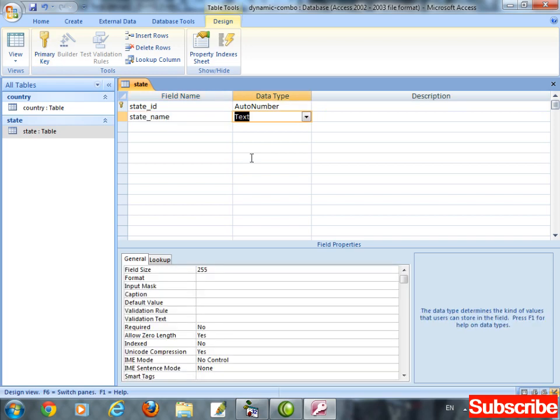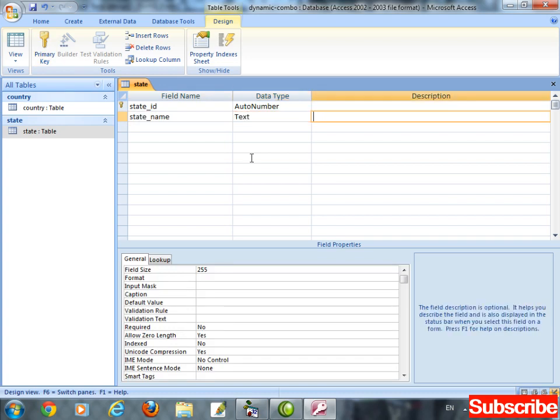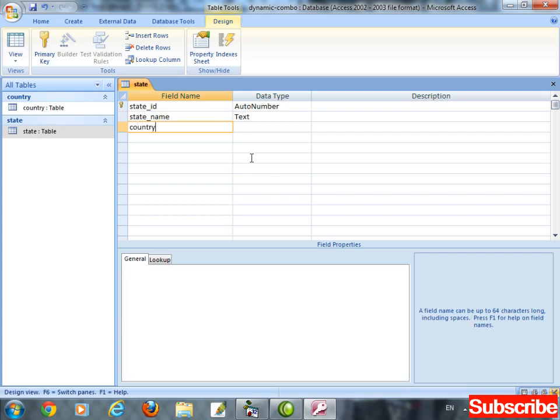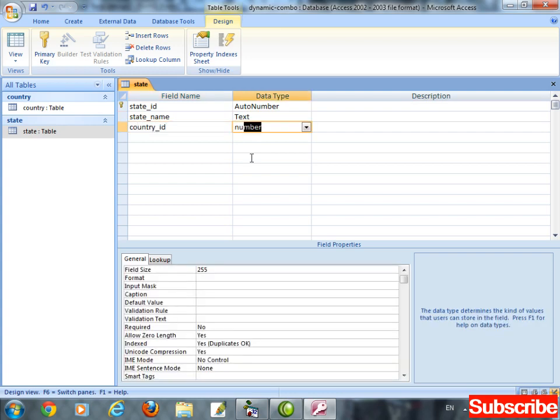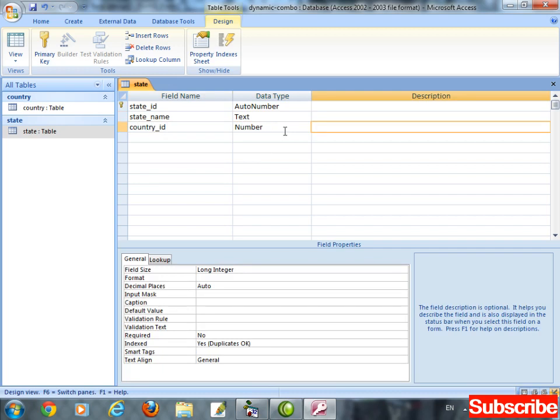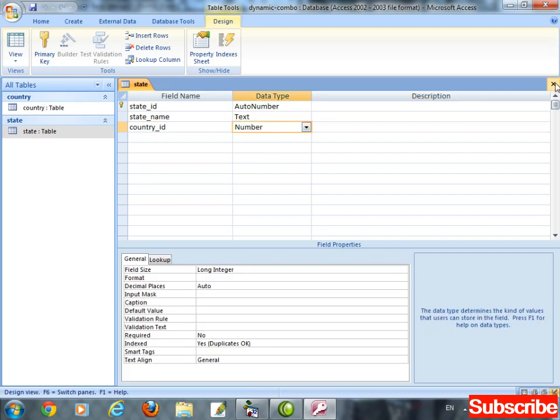State underscore name, the data type is text. And the last one is country underscore ID, the data type is number. Save and close.